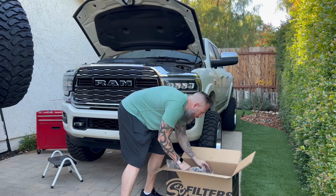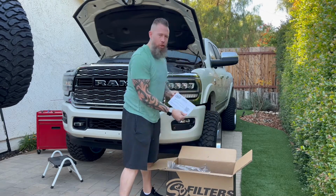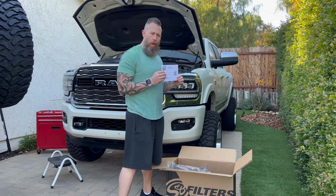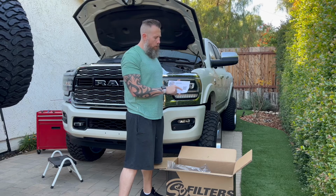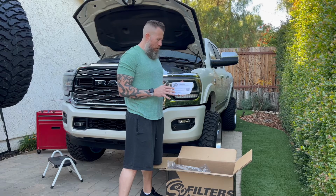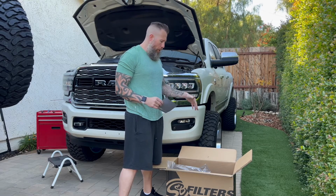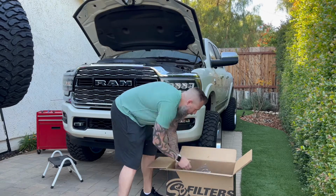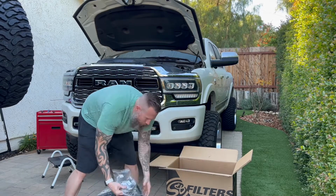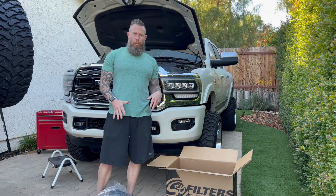The great thing about S&B is they do provide you a QR code with the instructions, because the instructions do change obviously with any kind of updates with the vehicle. So instead of putting out old material, this QR code will always bring you to the most updated version of the install, and that way you have everything that you need, and it'll tell you piece by piece what comes with the product, so you know that you have everything included. That way you know you have everything, and now that we're confident in all the parts that we have,